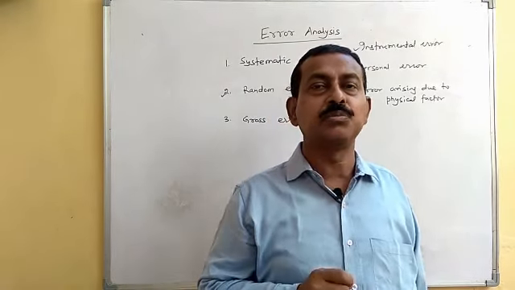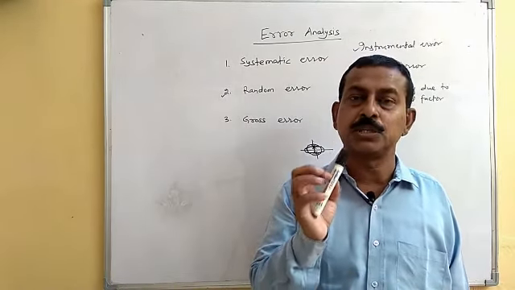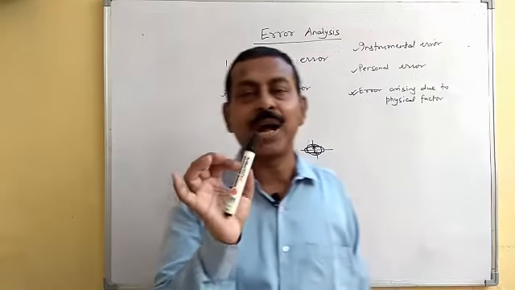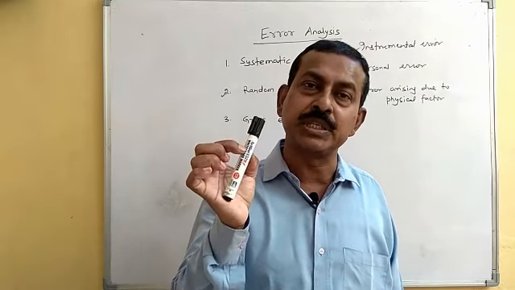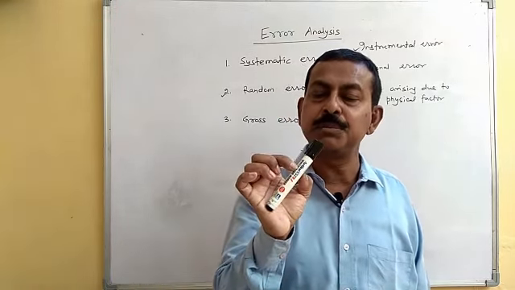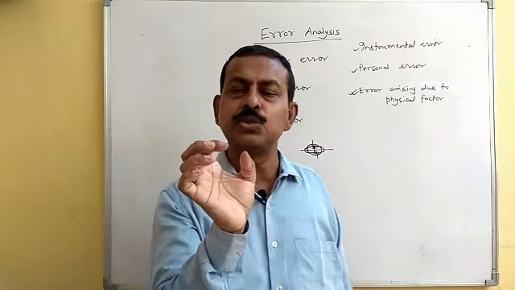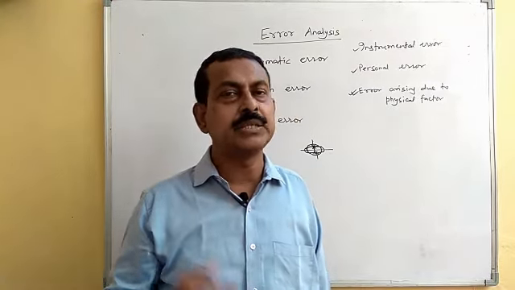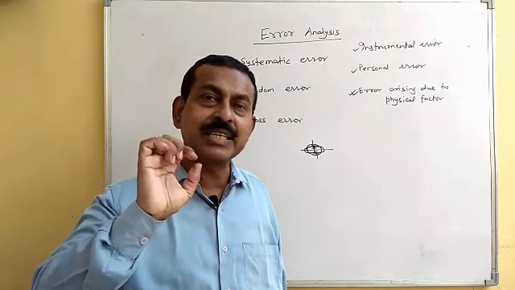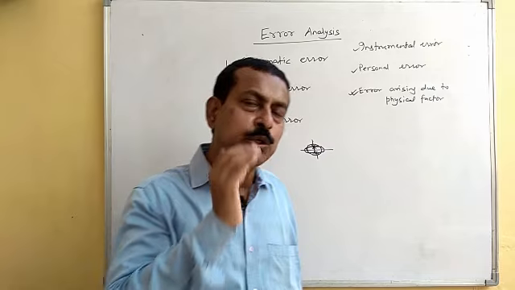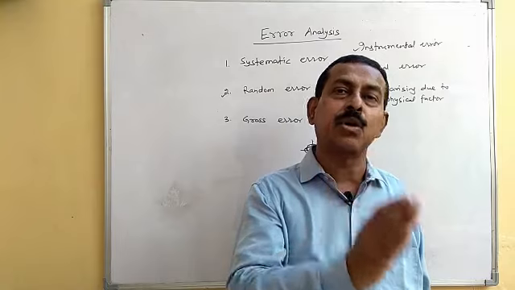then while taking observation with the screw gauge, we need to put the object between the studs of the screw gauge. So suppose this is the wire and we want to measure its diameter. So we'll put the wire between the studs of the screw gauge. And when you are moving the ratchet, it should just make a proper contact. In some screw gauges, you'll find that when it makes a proper contact, there is a click sound. So the moment you hear the first click sound, you should stop tightening it and take the observation.